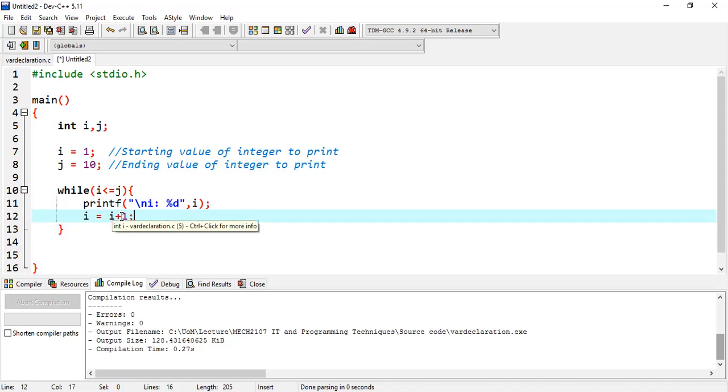Now you do 1 plus 1 is 2, and then the 2 is overwriting the previous value of 1. And then you check again, is 2 less than or equal to 10? Yes, that's true. So you do it again. At some point, when you reach the value of 10, you're going to check, is 10 less than or